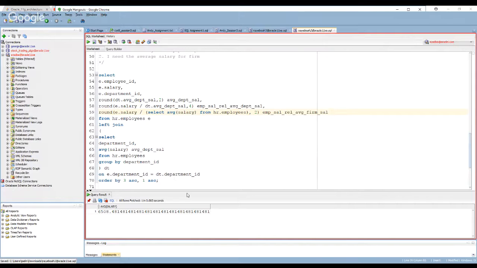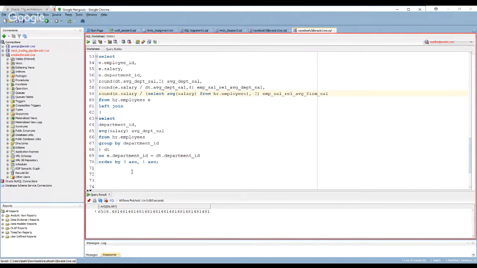which is a totally unnecessary cost, right? So you will see that in some cases you inherit a query, and somebody will solve this problem with WITH average salary of firm as this expression here, okay?